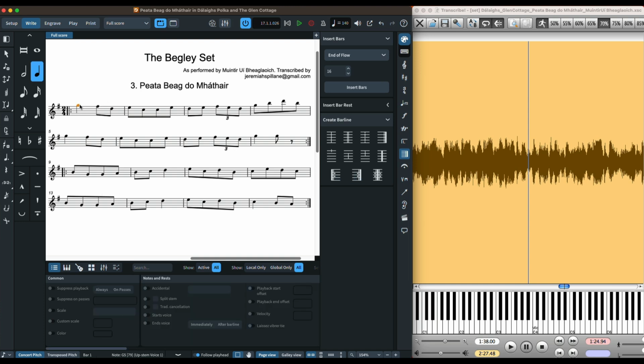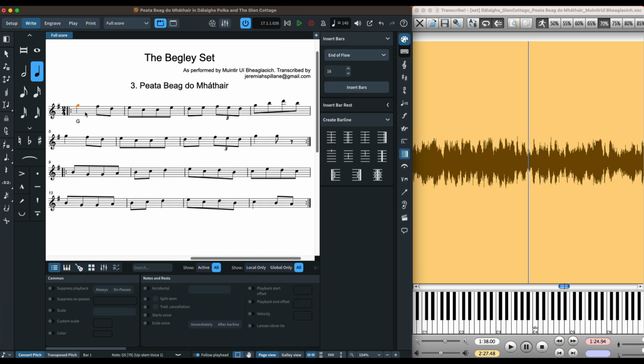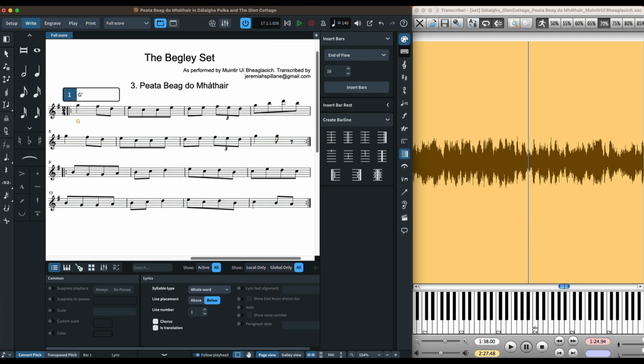And I can do this by just clicking. Shift L will allow me to add lyrics, but I'm going to use that lyric box here just for the notation. So rather than doing it every time, I'm just going to type them as I go. Actually, I'm going to go back here first. So the convention here would be to add